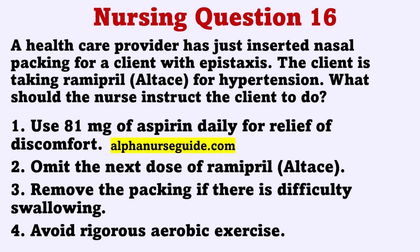The correct answer is 4. Avoid rigorous aerobic exercise. Epistaxis, or nosebleed, is a common, sudden emergency. Commonly, no apparent explanation for the bleeding is known. With significant blood loss, systemic symptoms such as vertigo, increased pulse, shortness of breath, decreased blood pressure, and pallor will occur. Because aerobic exercise may increase blood pressure and increased blood pressure can cause epistaxis, the client with hypertension should